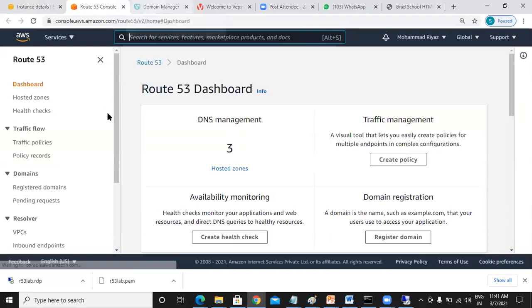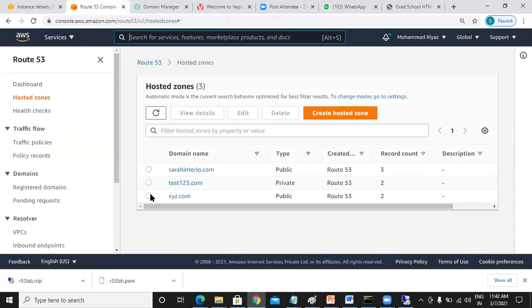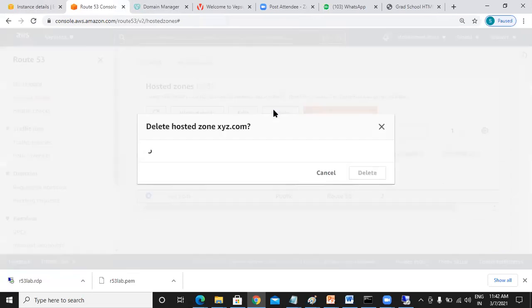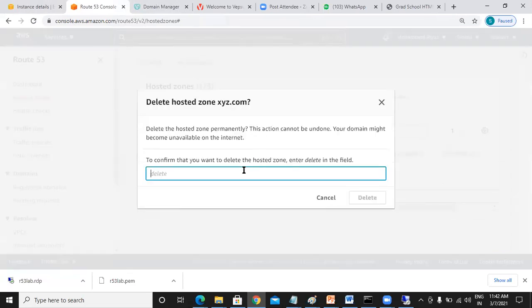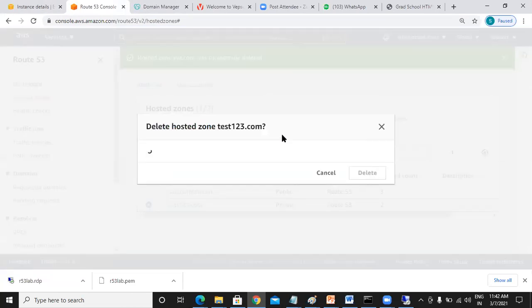So this is my Route 53 page. Okay, so hosted zones are there. Let me delete all the old hosted zones so that there is no confusion. So I'll say delete. I'm just deleting the old hosted zones.